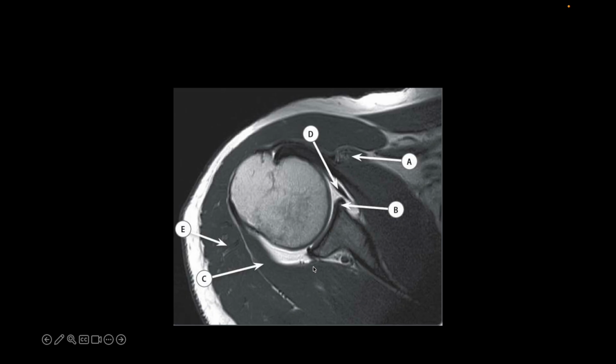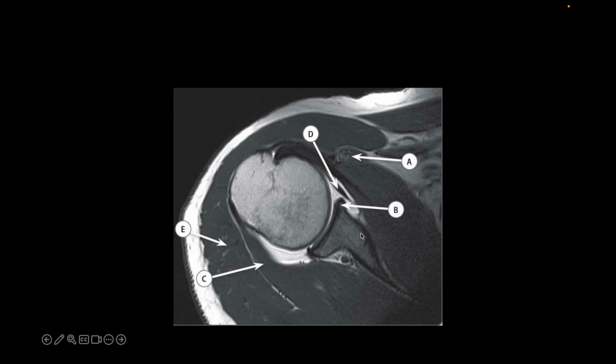Orientating ourselves, this is anterior, this is posterior. A is, I think they're just pointing just inferior to the coracoid process. So this would be some of the tendons attaching to the coracoid process. The two tendons that attach to the coracoid process are the short head of the biceps tendon and the coracobrachialis tendon. I think this is a bit confusing where it's exactly pointing to, but just know those two tendons attached